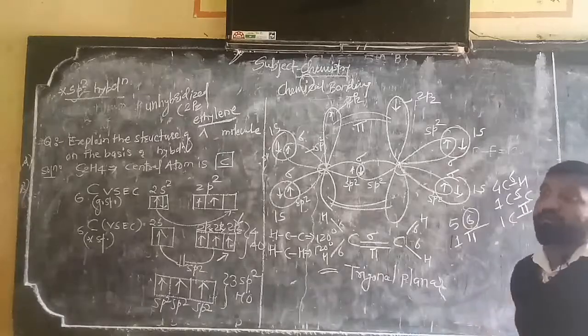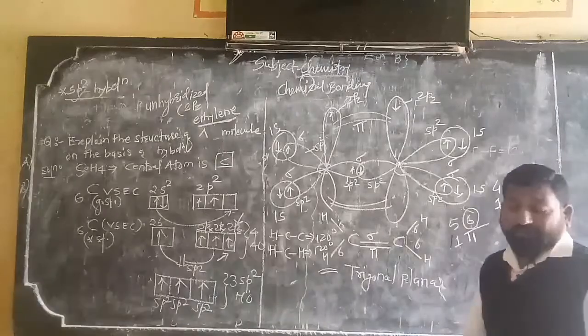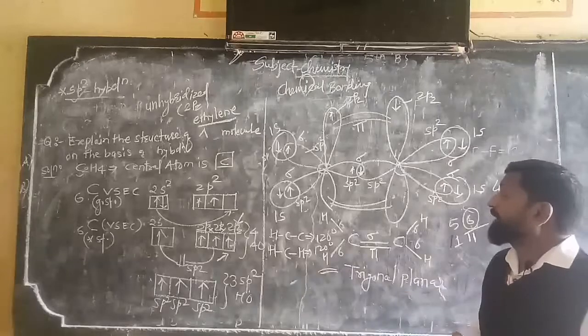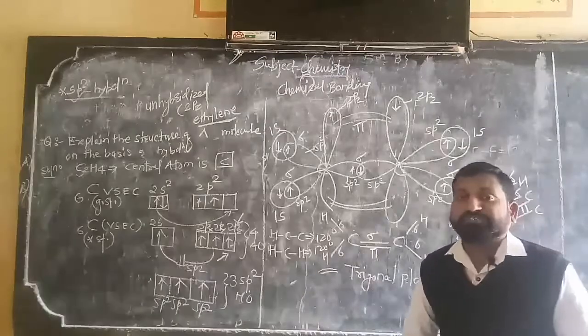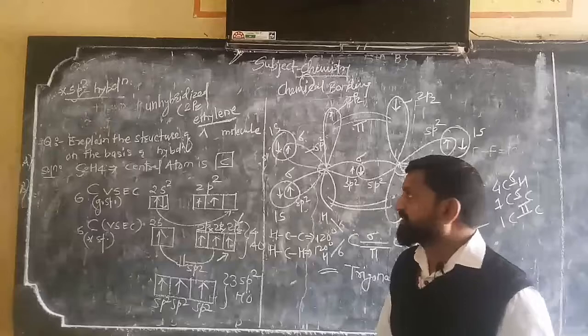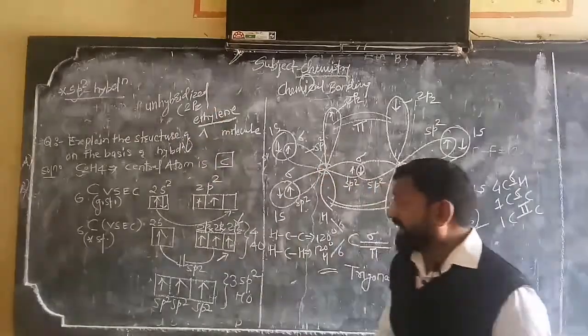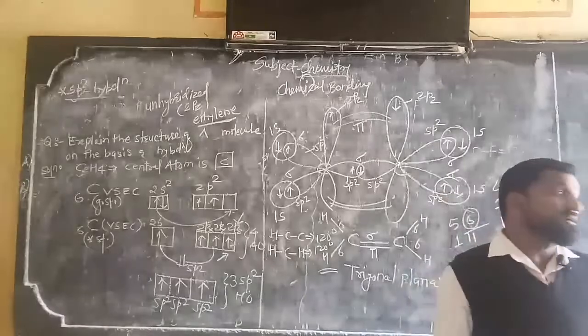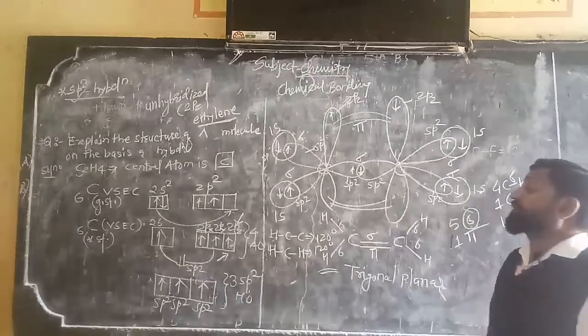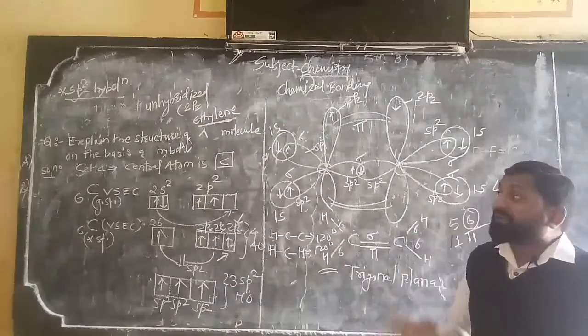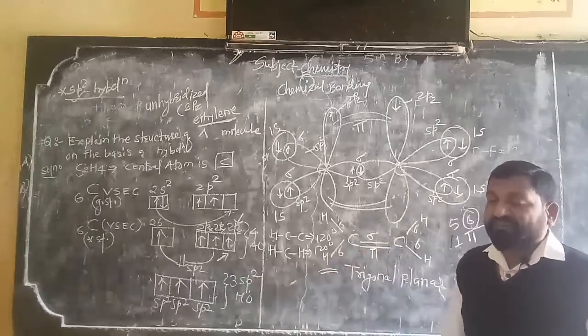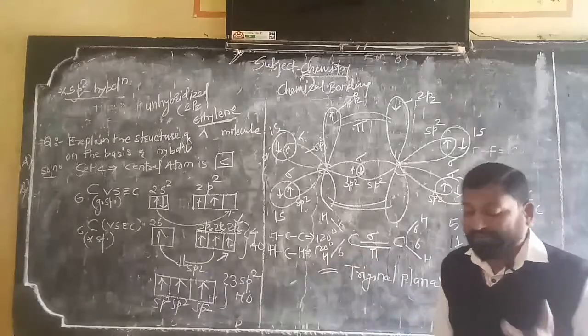Now which atomic orbital can form a pi bond? The atomic orbital which cannot take part in the hybridization is said to be an unhybridized atomic orbital. Such an atomic orbital is responsible for the formation of the pi bond. Now in the next hybridization, that is the sp type of hybridization, what happened? Let us see.